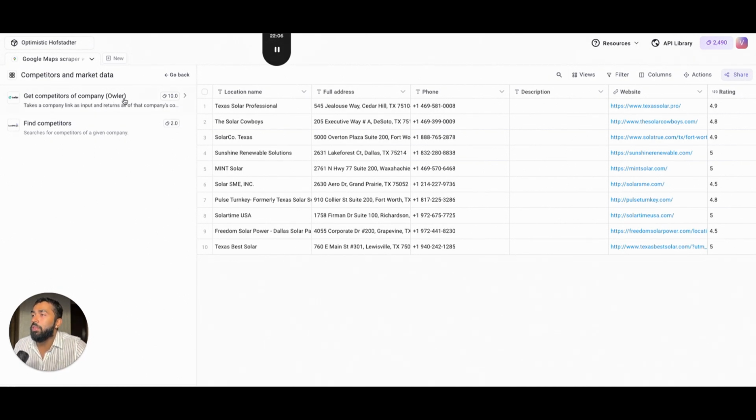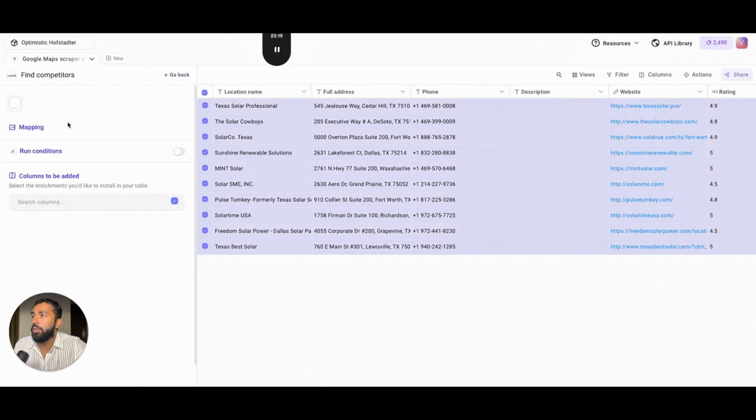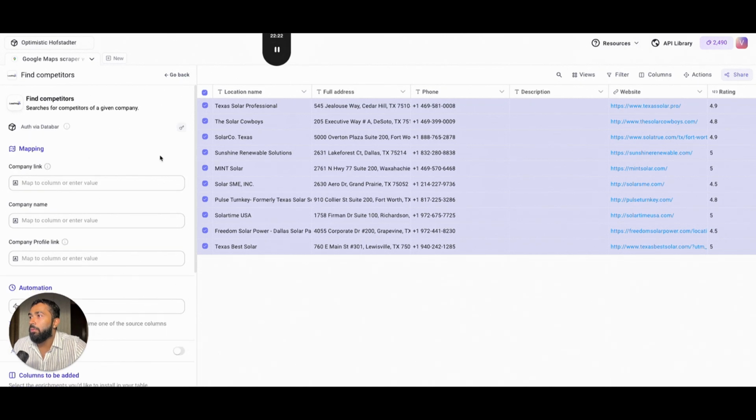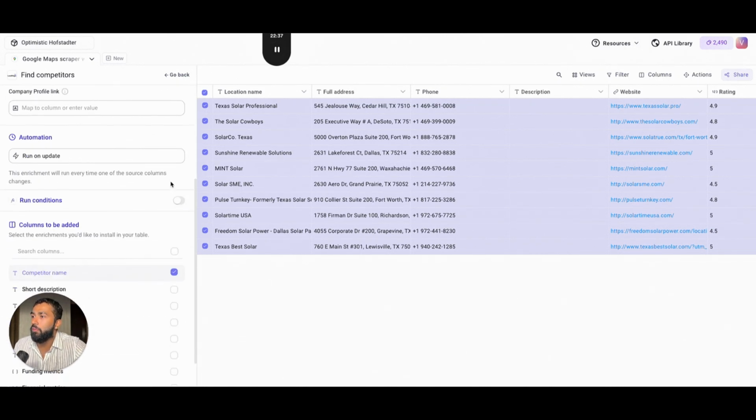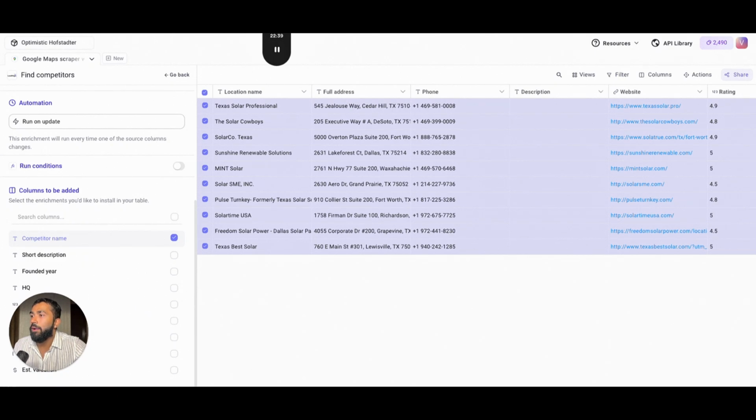So this is like with the integration of Aula, so that's another software, right? So right now I haven't connected my Aula account here. So let's click here, searches for competitors for a given company, right? So if we select them all and let's see, I use data bar key. Okay guys, so once you click here, you have to just fill out this information. Then you have to click here, add one column and just run it, and you would be actually able to